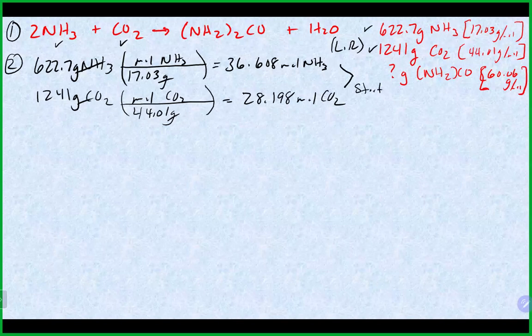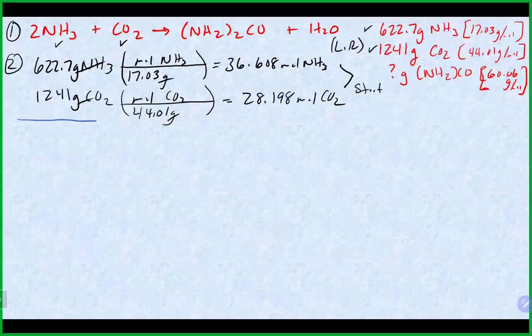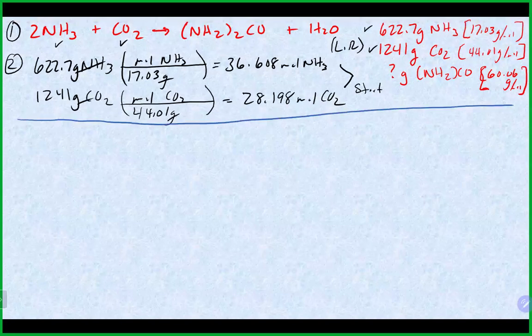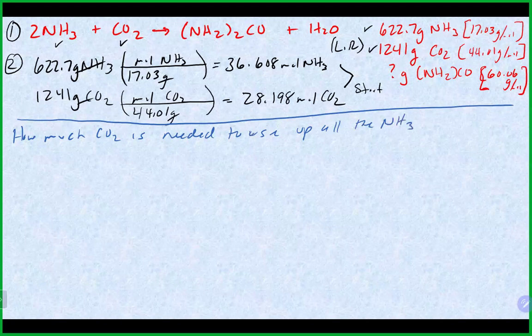And because it is a limiting reagent problem, as we talked about previously, we will need to do a calculation. So in this case, I'm going to calculate how much CO2 is needed to use up all the NH3 that I started with. This is just a simple little calculation between the two reactants to help us decide which one's the limiting reagent. So I'll take all my NH3 moles,